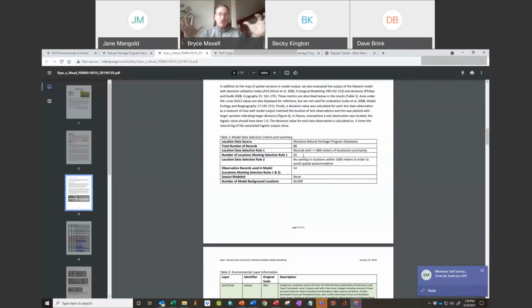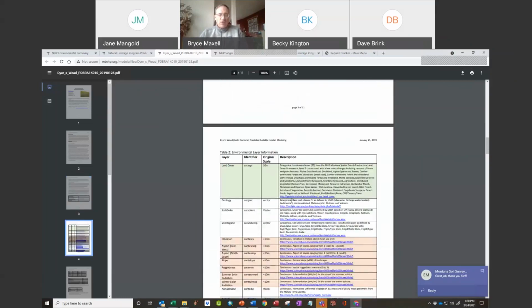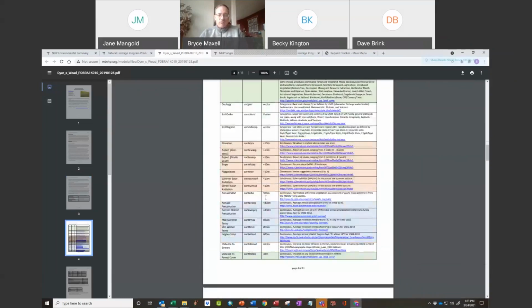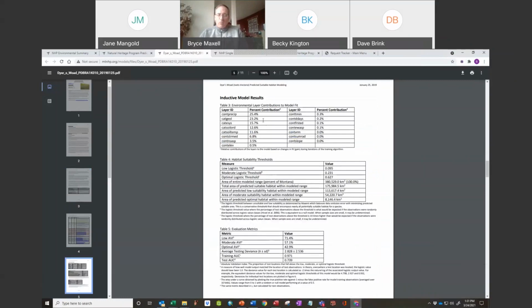They had a large locational uncertainty around them. We only had 14 records that we could construct this model from. Then a section that takes you through the environmental input layers that we used for the model. Then a section on which input layers were most important for determining the distribution of the species. So in this case, precip was important, geology was important, and ecological systems, or that land cover type, were the